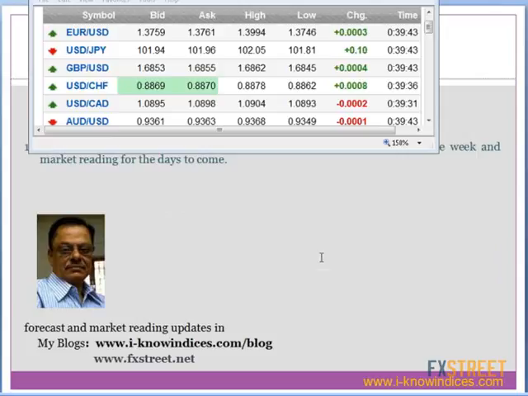Then, what is your expectation of GBP yen? See, USD yen is expected to gain the levels and GBP is expected to drop. As a result, you will find subdued moves could happen in the case of GBP yen. Either way, moves will happen there, but not a big upward move or a downward move.